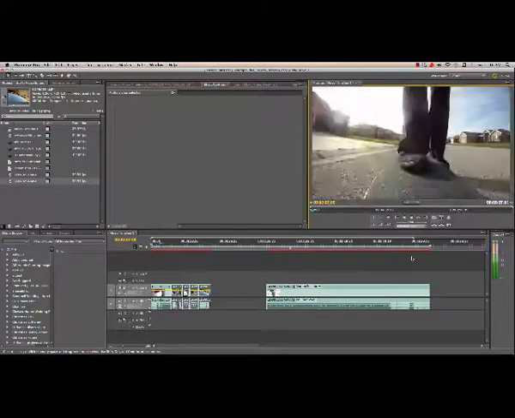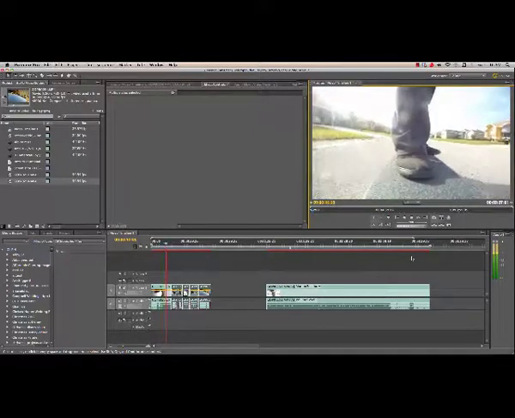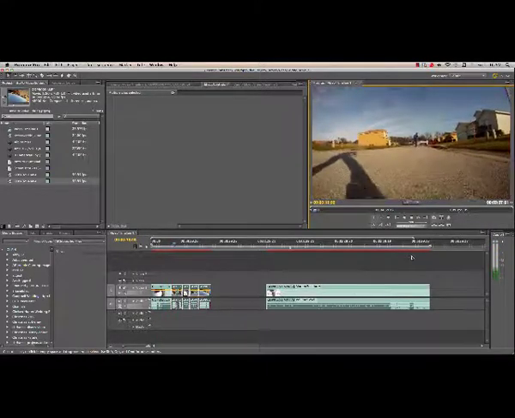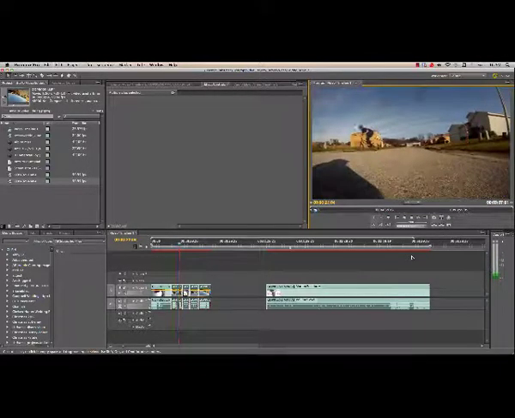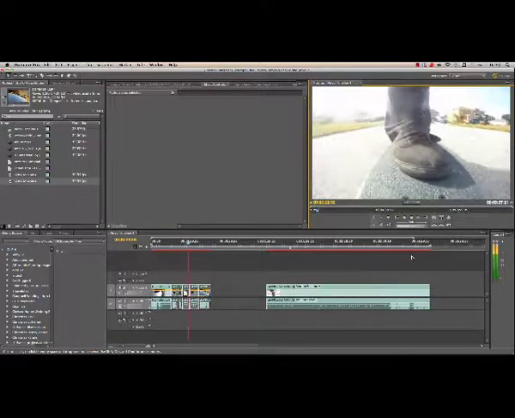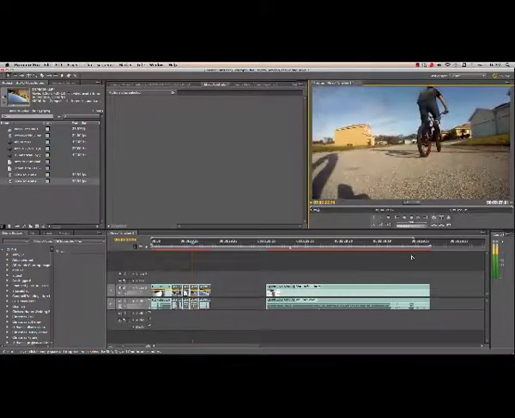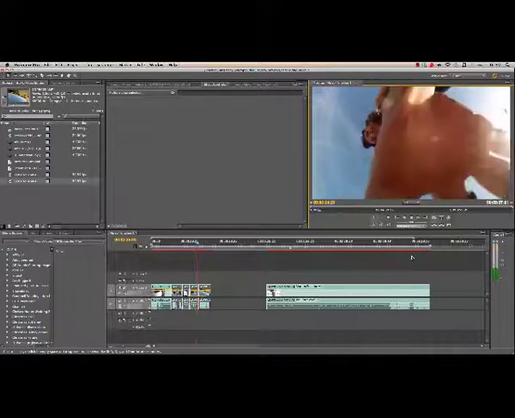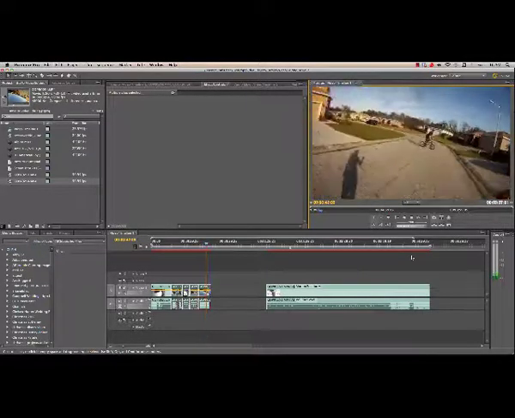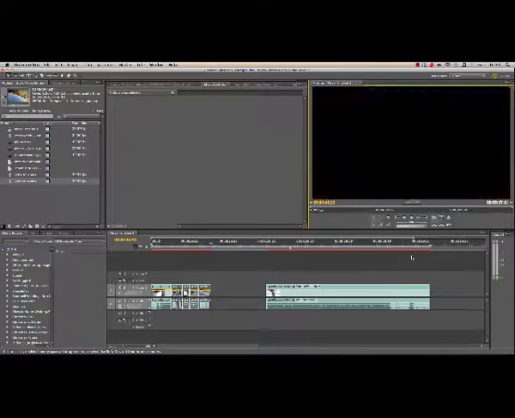Of course, remember the audio is horrible. We're going to be getting rid of that. Okay, so then it goes to black screen. I can stop it. Now I'm going to turn off that audio and I'm going to import